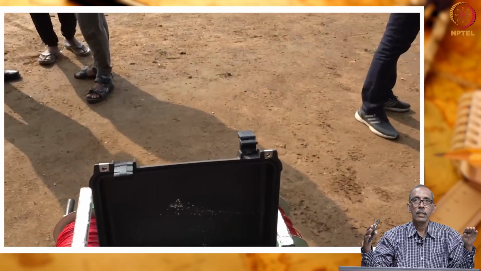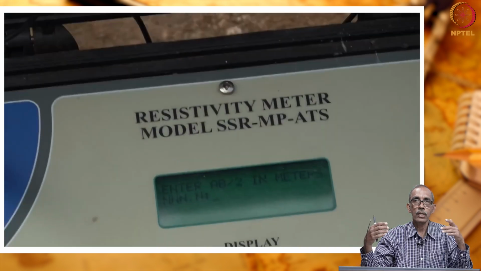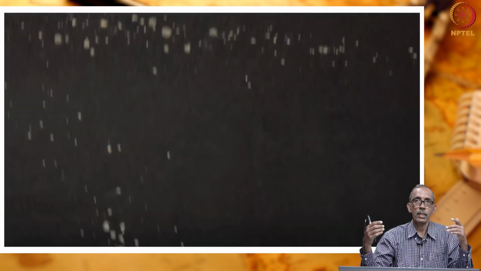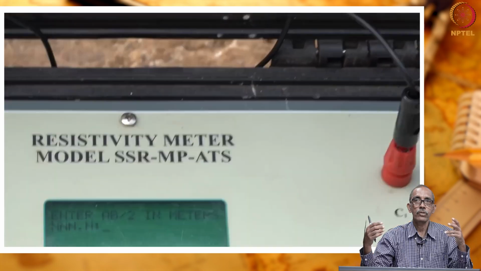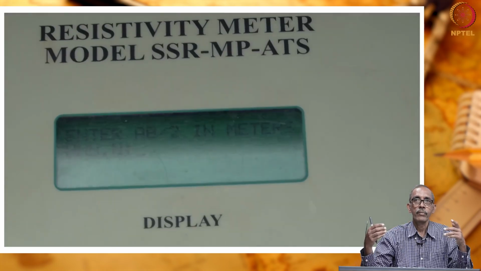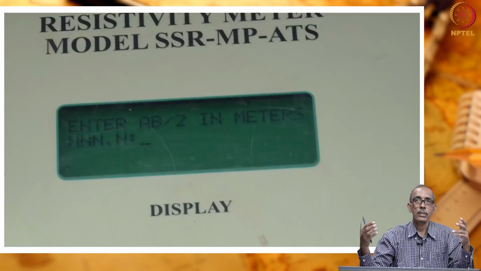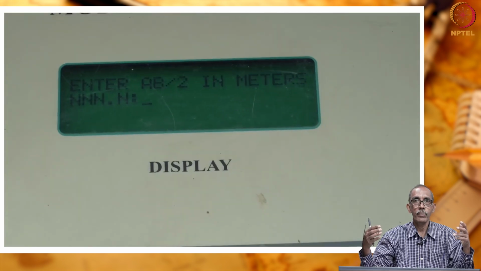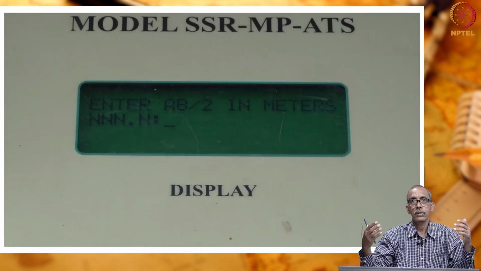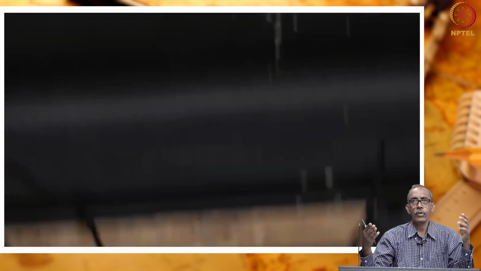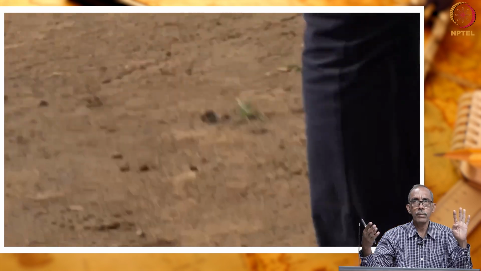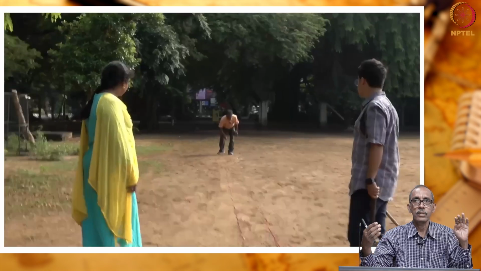You can set the meter to make the measurement 4 times, 8 times, 16 times like that. That means it will repeat. There can be some minor variation, so it will give the average as the final value, right. However, it will take more time. If you choose 64 times, obviously the time which we are going to spend at the field will be much more, isn't it? So, here I think we are doing 4 time measurements only. So, 4 times it takes the measurement and gives the average.